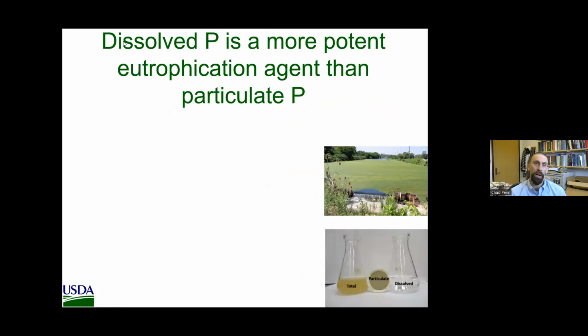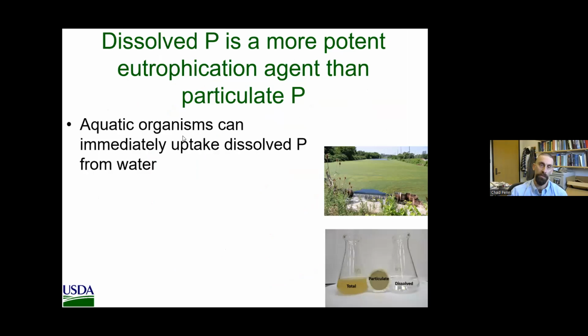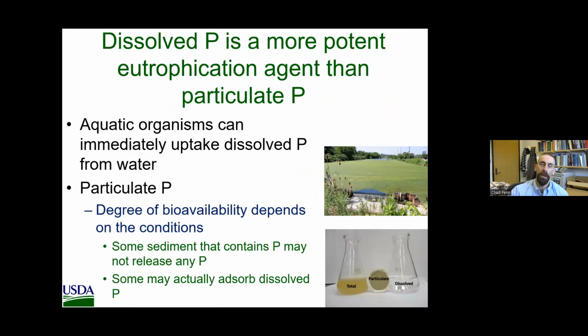So why are we focusing on dissolved phosphorus? It's because it's a more potent eutrophication agent than particulate phosphorus, mainly because aquatic organisms can immediately take up dissolved phosphorus from water as soon as it reaches a water body. That's not true for particulate phosphorus. That phosphorus that's bound onto a sediment particle, its bioavailability is going to vary depending on the characteristics of that soil particle, the